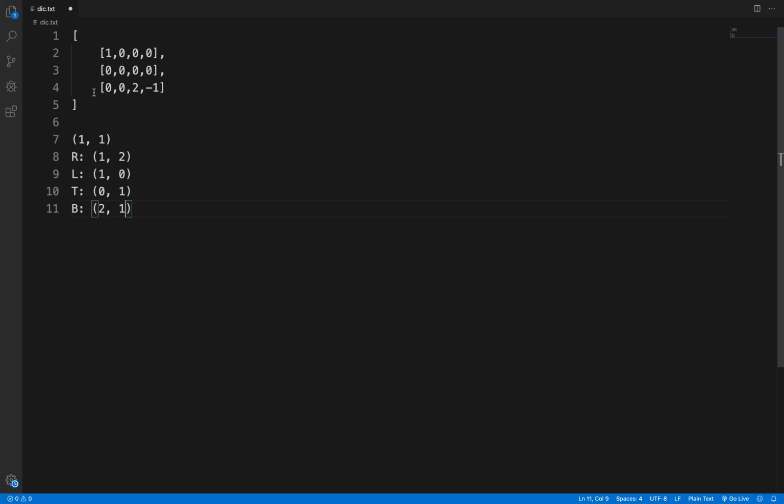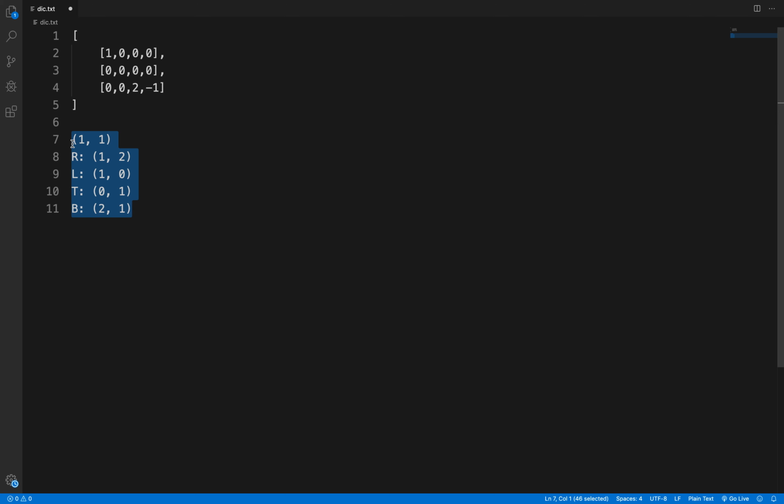Okay, so here we will be using the DFS approach. We'll start from the starting position, and then we'll go to all 4 neighbors, like right, left, top, bottom, and for each neighbor we'll call the DFS.